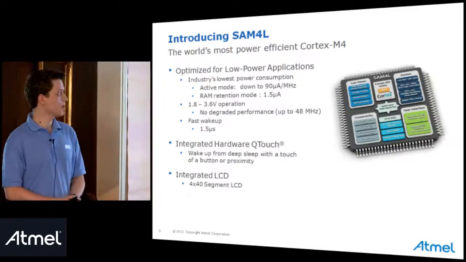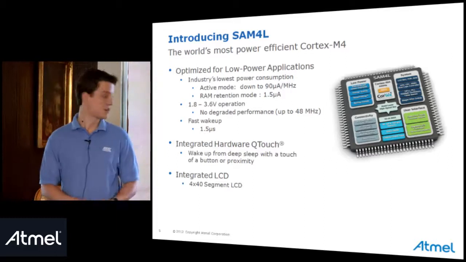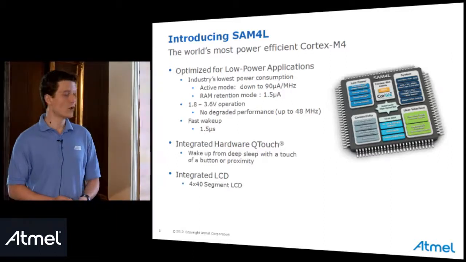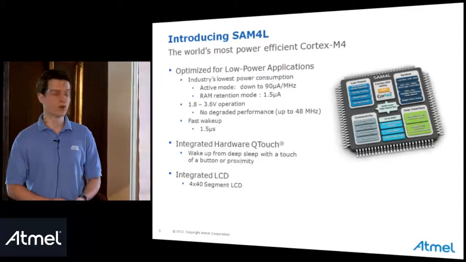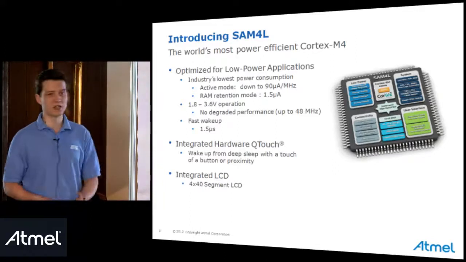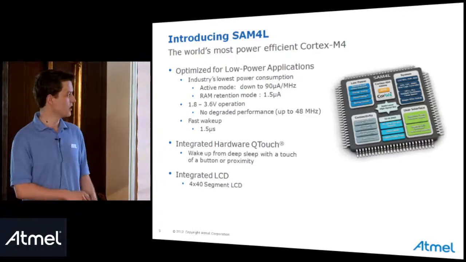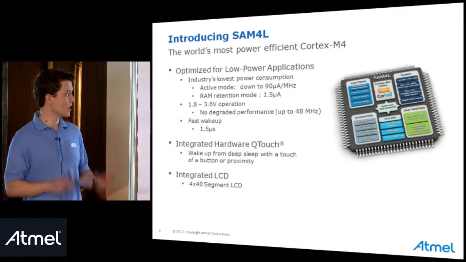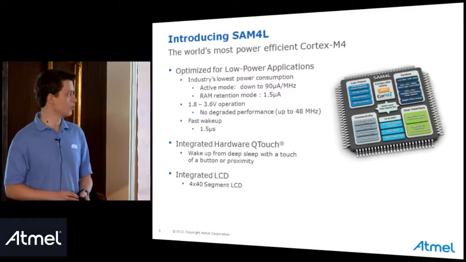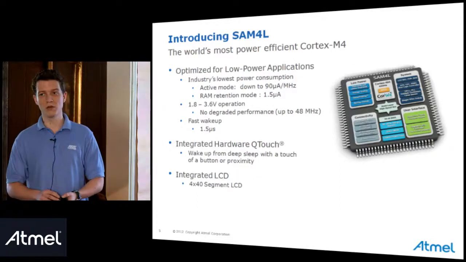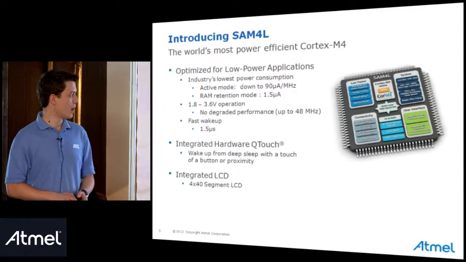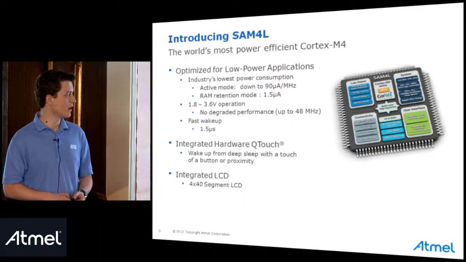So now we can say that SAM4L is the world's most power efficient Cortex-M4 on the market. It's mainly optimized for low power applications. It's the industry's lowest power consumption, with an active mode down to 90 microamps per megahertz, RAM retention mode at 1.5 microamps,